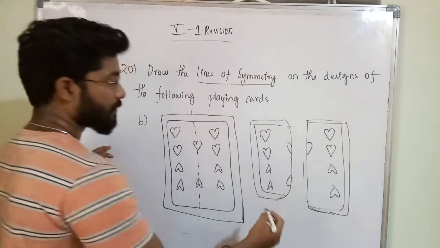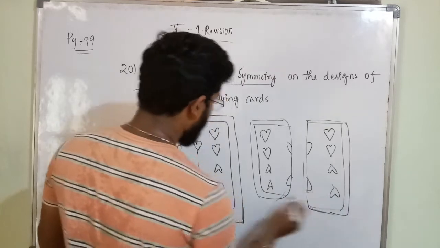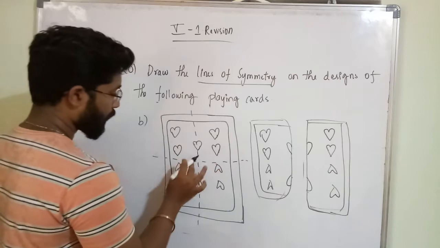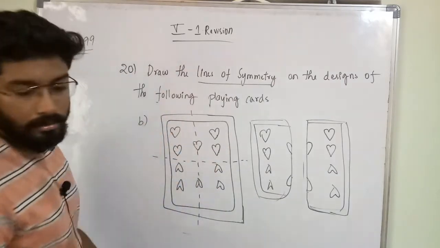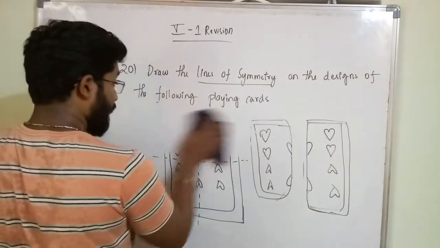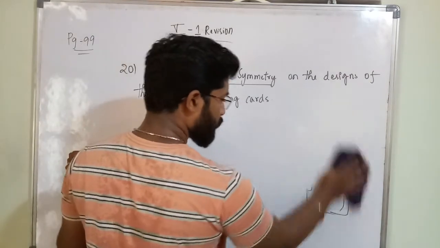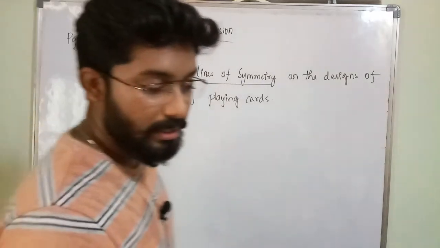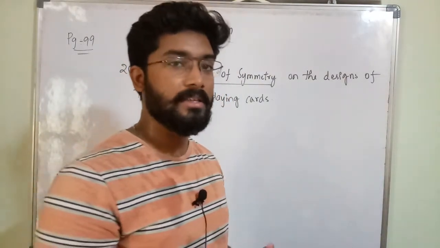So these are the two equal parts. If you are dividing it horizontally, it has to go from the middle like this. This will be one part and this will be one part. So I have explained two figures, A and B. For the next figures, they should be very equal. If we divide a given figure with symmetrical lines, they should be equal. They should look like mirror images. Like that we have to divide.